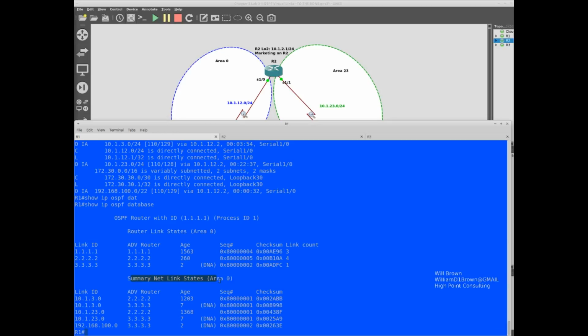We have summary link states, and we have router states, area 0. And we're going to be going really deep into this because I actually start that in the next session. We want to talk about the importance of this database, and what the information in the database, how it can be used to determine exactly what neighbors we have and how those neighbors are transmitting and the relationships we have with those neighbors.